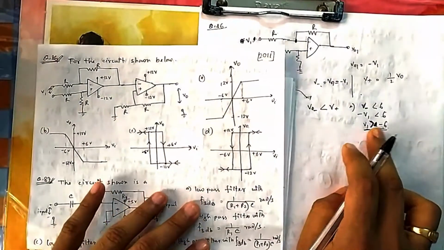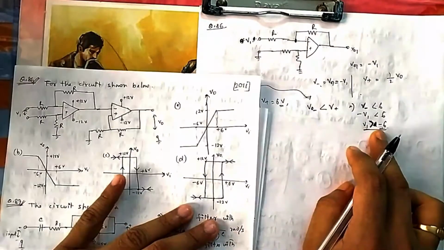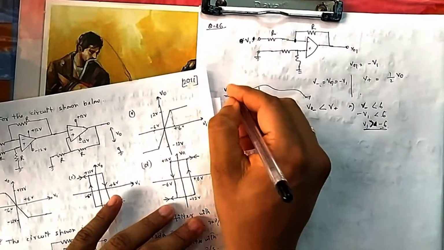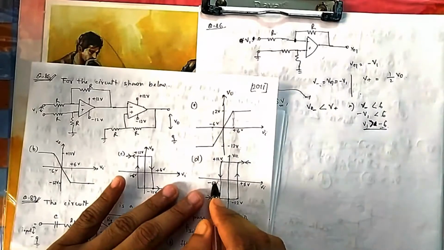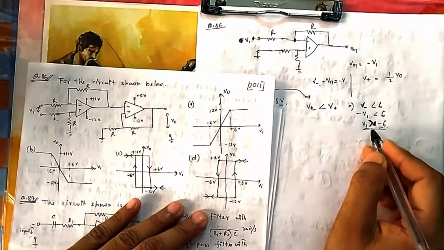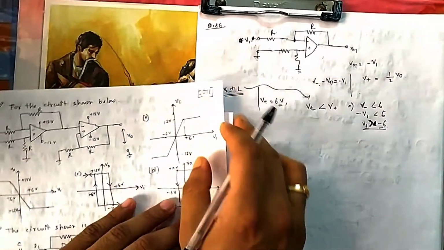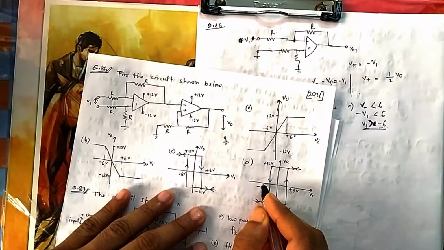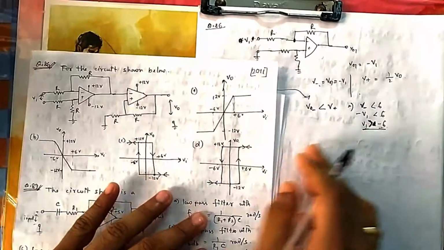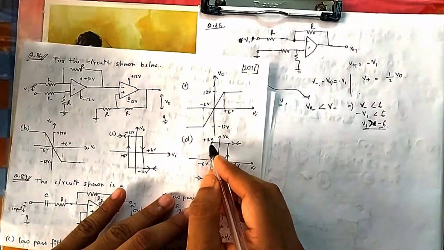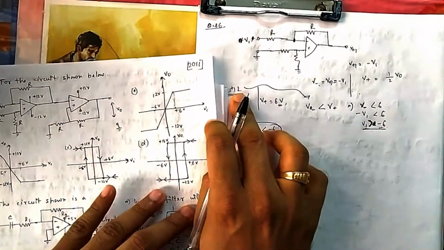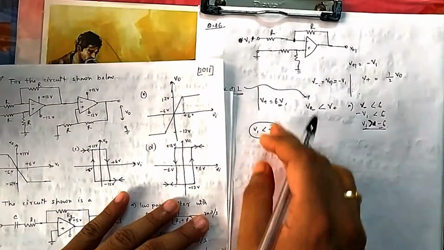And what is the transition? Just when it crosses minus 6, it has to be positive. It is plus when this is greater than minus 6. Now you see, if your V in is greater than minus 6, then it is positive. When it comes below minus 6, this condition will not be satisfied. So if you come below minus 6, it will switch from plus 12 to minus 12. If your V in is less than minus 6, then it will be minus 12, because for greater than minus 6 it is plus 12.